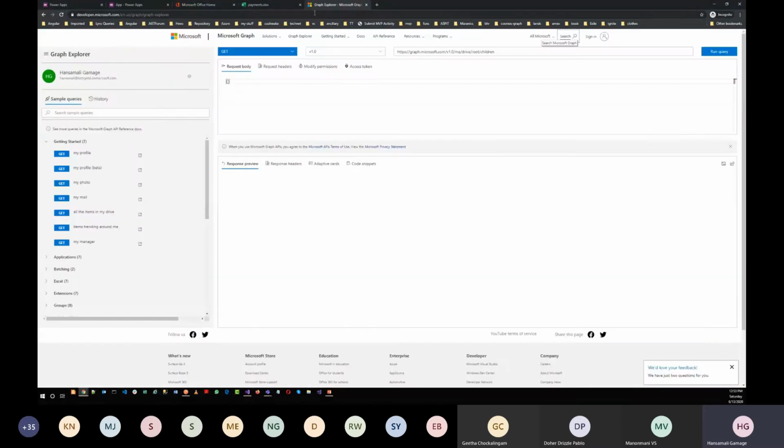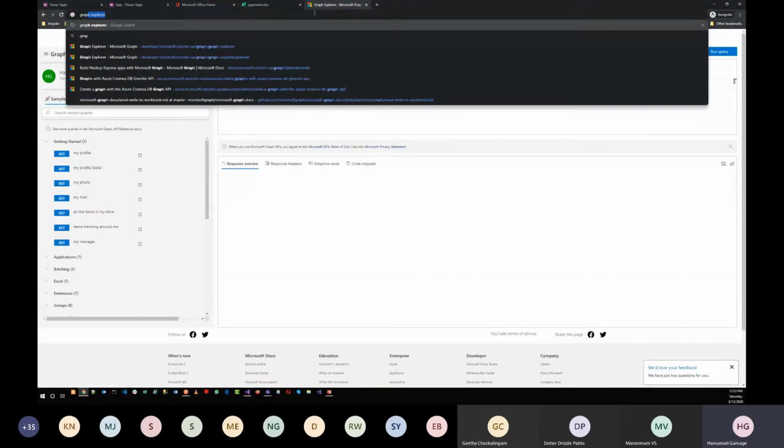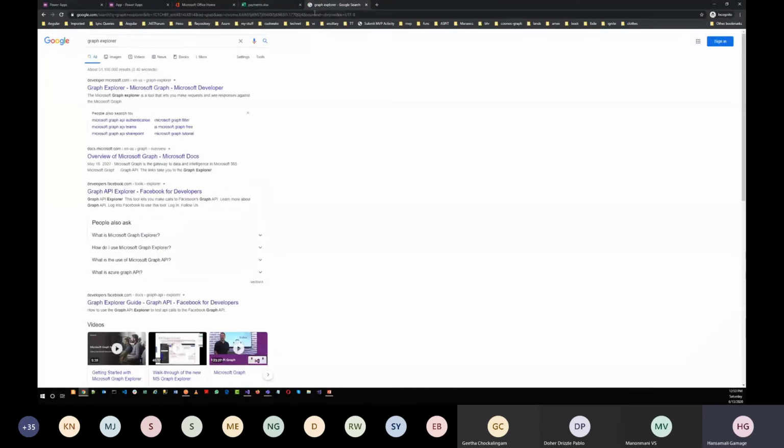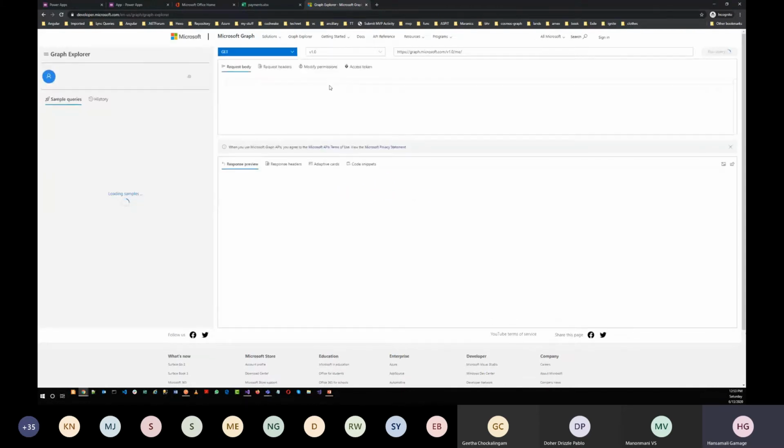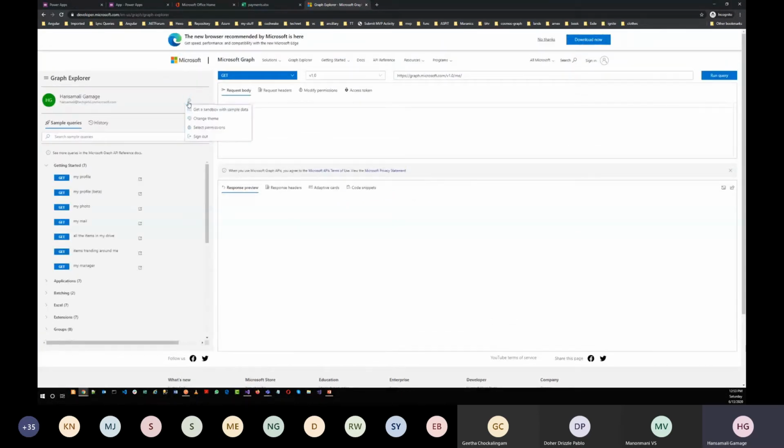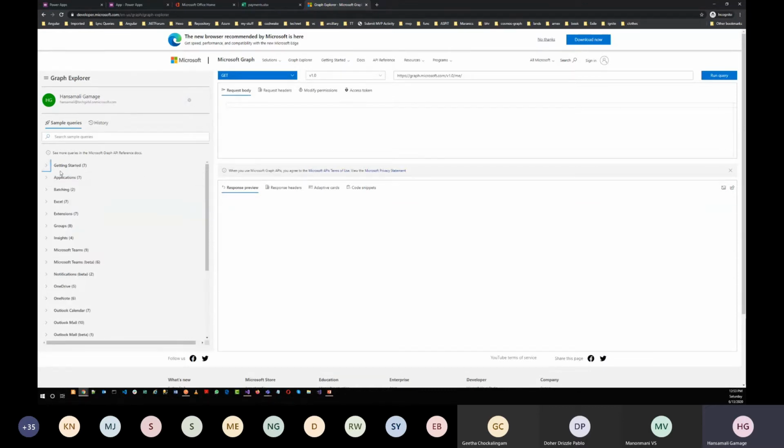You can go to Google and just type Graph Explorer, and it shows this one. You can go there, provide your credentials and log in. You can run these basic queries just to check what possibilities you can have in your applications with Graph API.